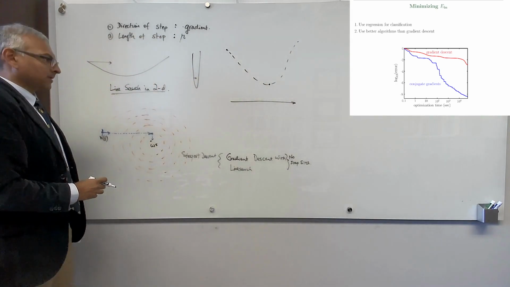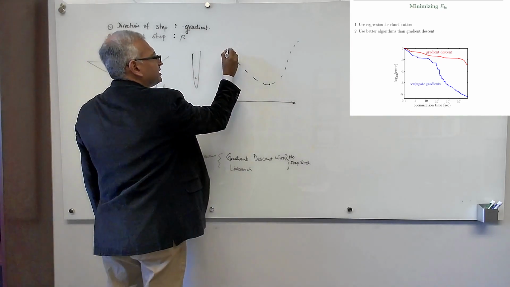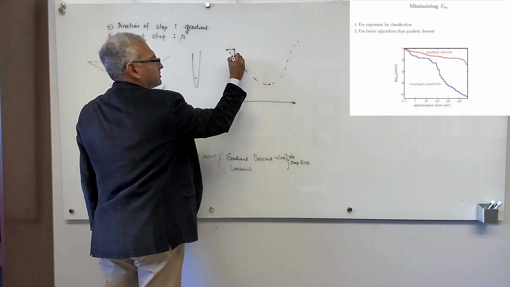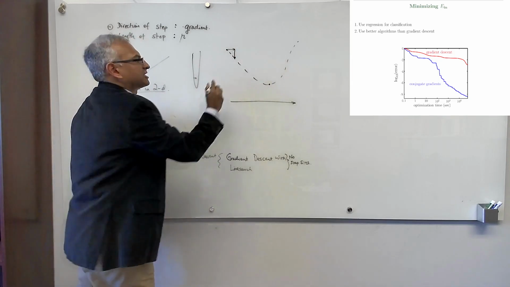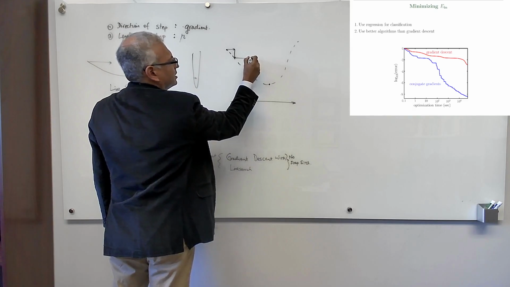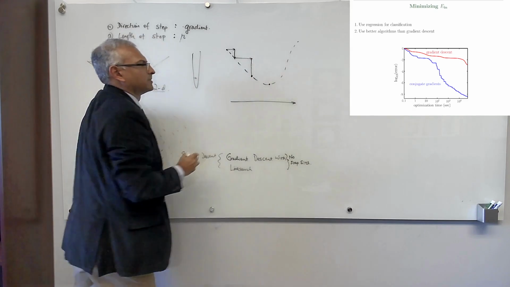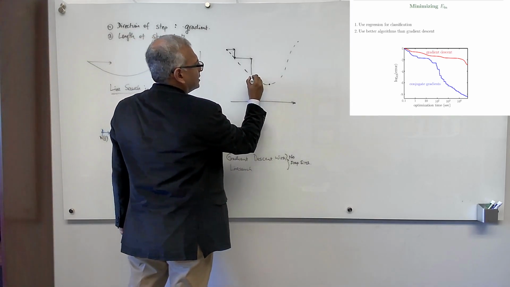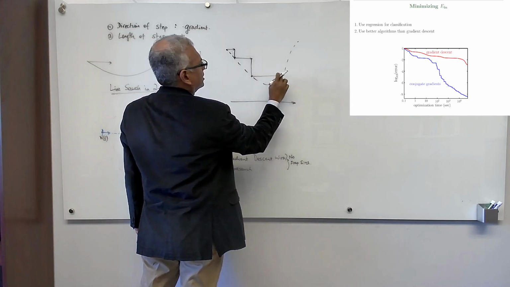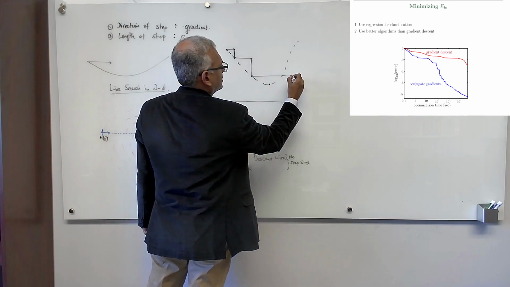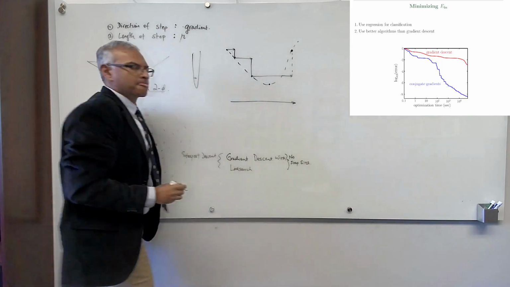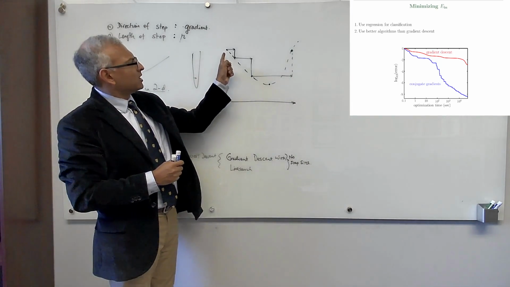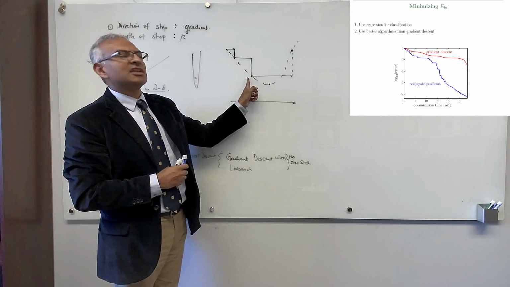We're doing line search, so here's what we do. We take a step. Did we decrease? Yes, we decreased. Now double the step. Did we decrease? Yes, we decreased. Now double the step again. Let's say we doubled the step again, so we got here. Now did we decrease? No. So I have come to a situation where I decrease, and then the first time I increase,